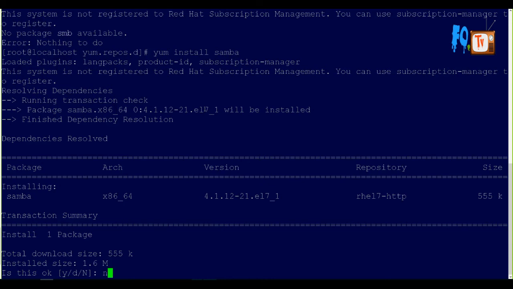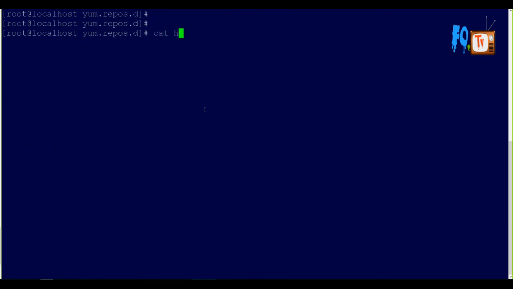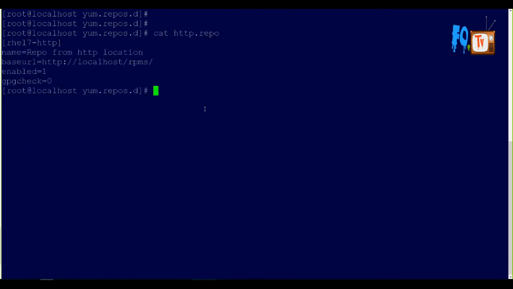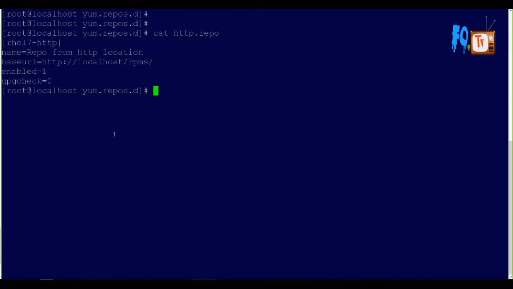This is the same kind of configuration you have to add on the other servers. Instead of localhost, you just add the server IP address here, and add the same configuration into n number of servers, so that the repository will be fetched from this server to all the servers. It's very